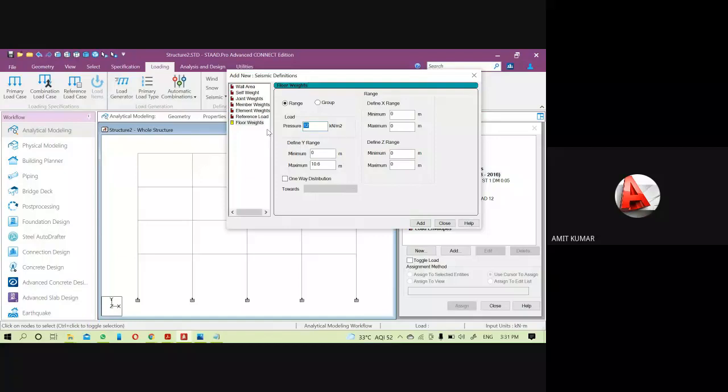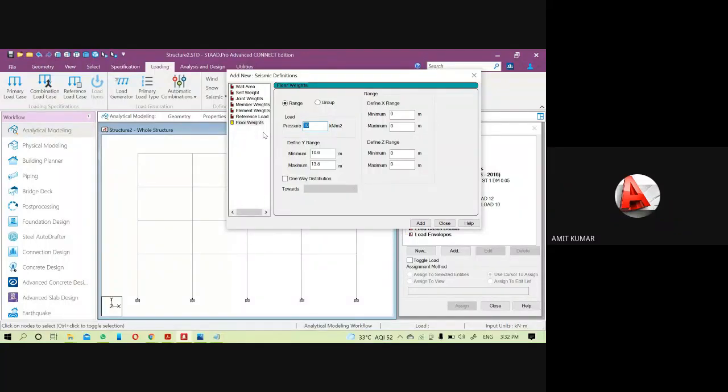Then put the pressure value as 10 this time, and it will be from 10.6 to 13.8. That is the top floor, that means at the top the dead load of the roof is 10 kilonewton. Add. Now provide the live load, 50% of the live load.